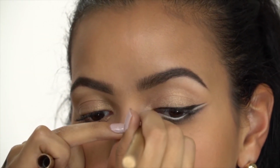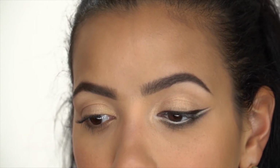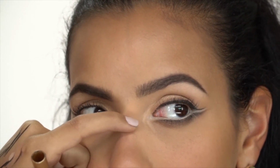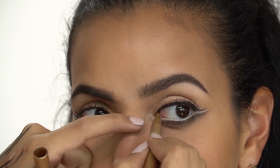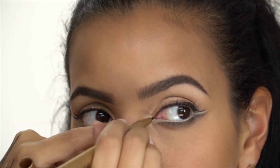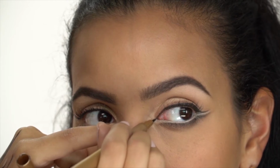And I'm just going to connect that inner corner a bit. I want you guys to see how I'm doing this inner corner. I'm going to have her look that way, so it stretches her skin. Whatever corner you're working on, have them look in the opposite direction. So I'm working on this corner, I'm going to have her look over there. And it stretches her skin enough so that I can actually get in. Can you see? Yeah. I can get in and follow that line